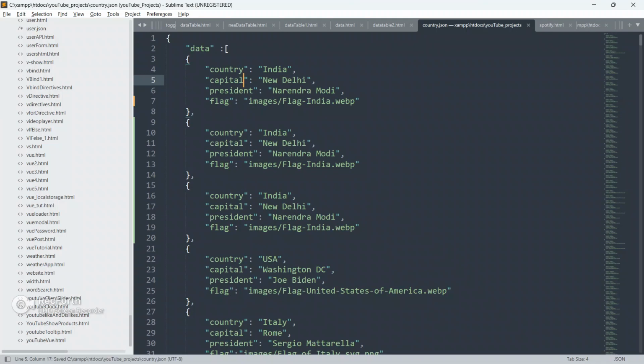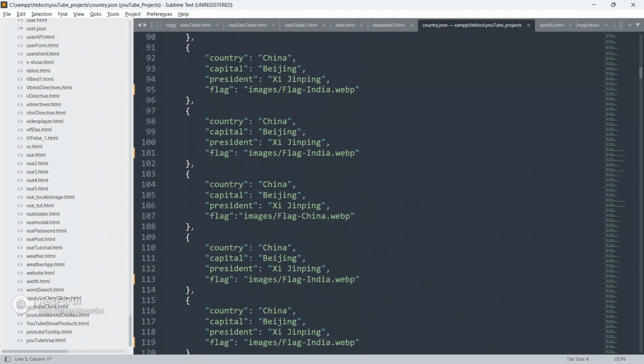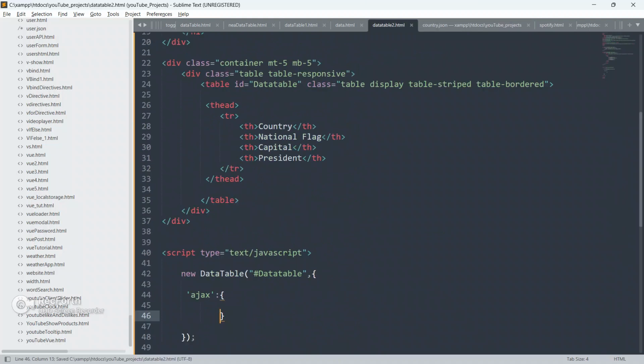So now let's go to the code editor. I'm done with the explanation of this JSON file: country, capital, president, and flag.